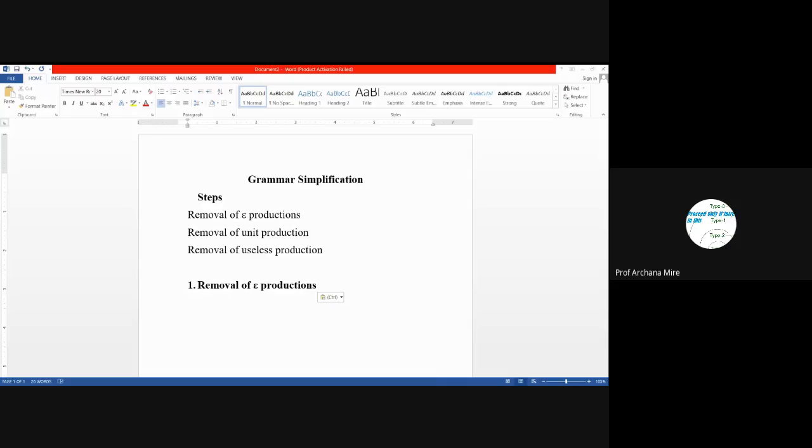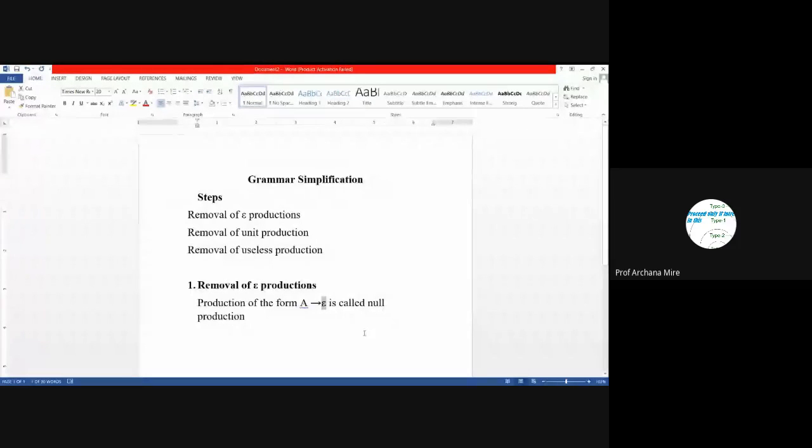So how do we remove epsilon production? It's very simple. Whenever we want to remove epsilon production, first we need to identify which productions lead to epsilon, or which productions are actually empty productions. Productions of the form A leading to epsilon are called null productions. Here we are also well aware that in place of epsilon there can be the symbol lambda as well. Both mean the same thing, a null production.